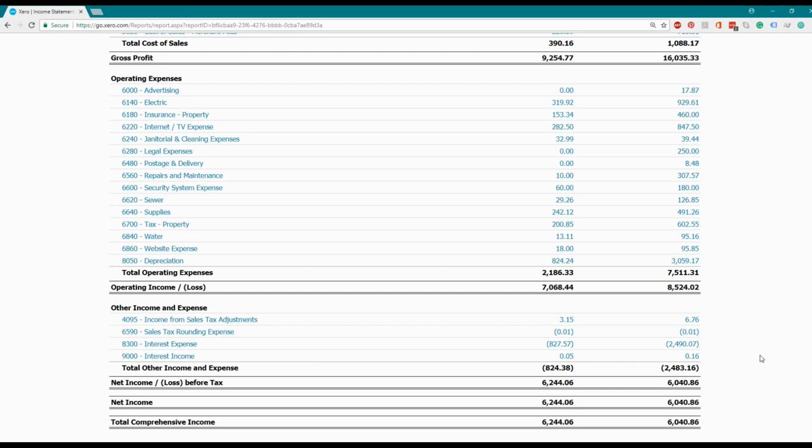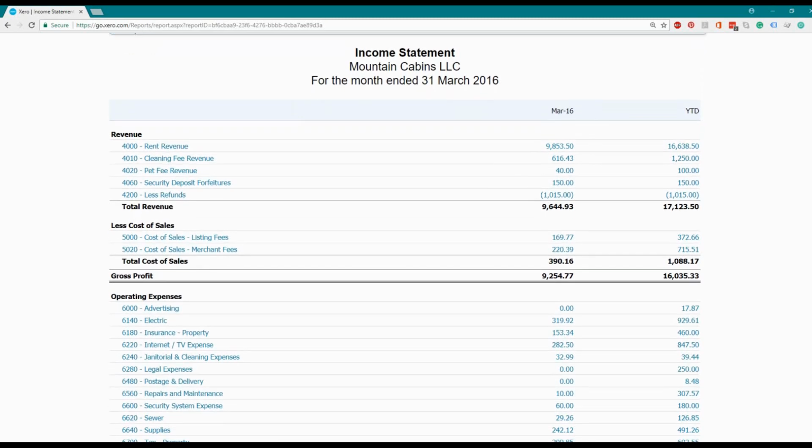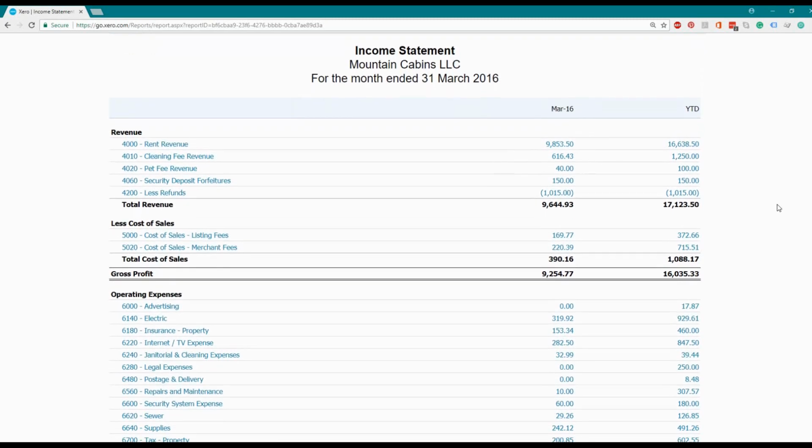It calculates your business's profit or loss based on the earnings and expenses that are listed for that particular time period. So some keys to remember: the income statement covers a set period of time. In this case, it's from March 1st to March 31st, 2016. It's unlike the balance sheet, which shows your account balances as of one particular date. The income statement shows how well your business is operating, but not necessarily how well you are receiving and spending money,